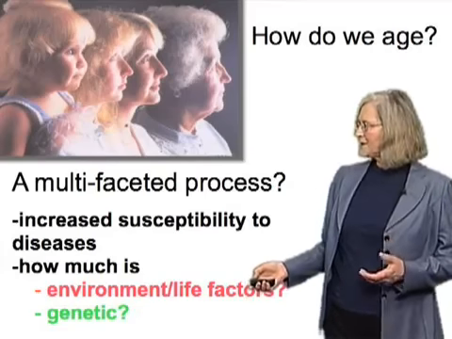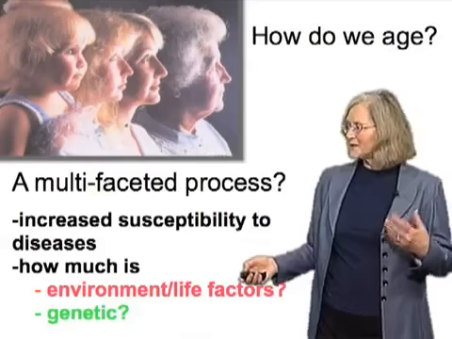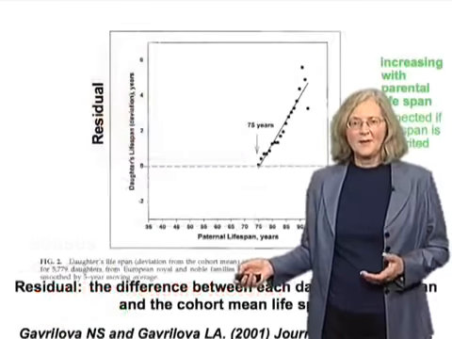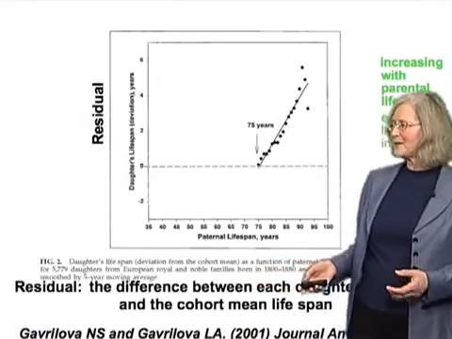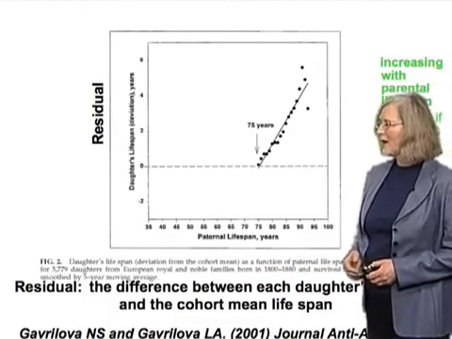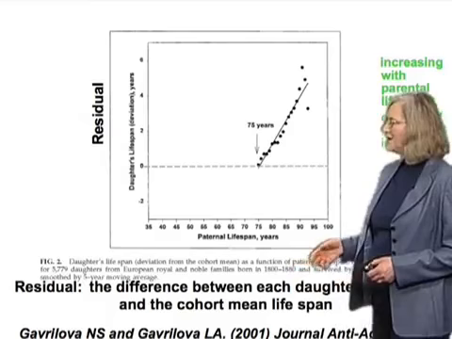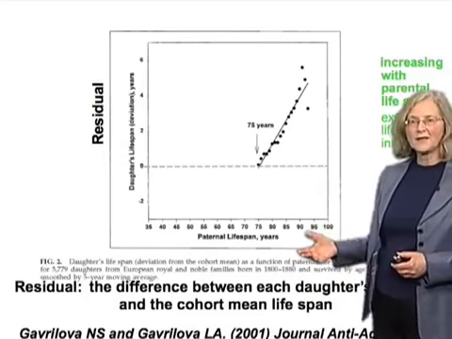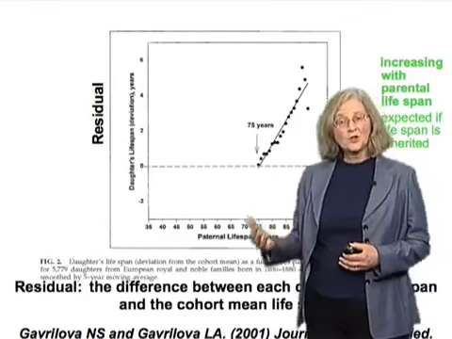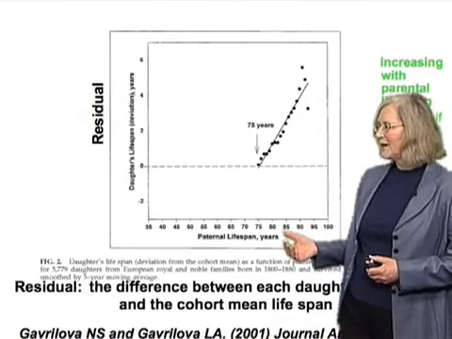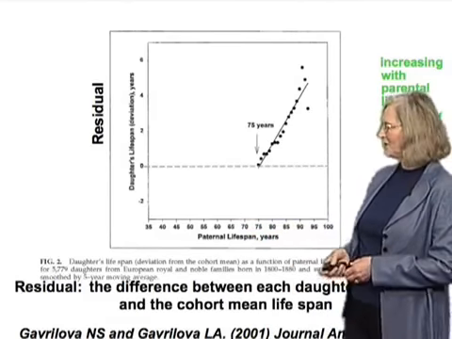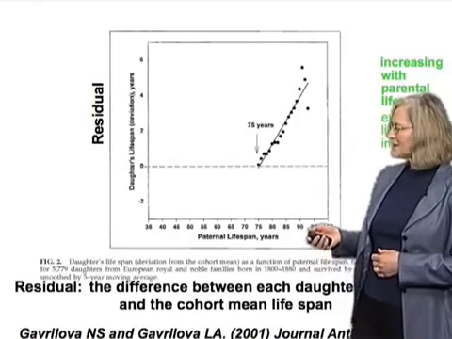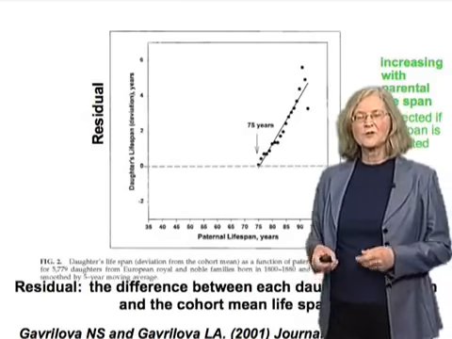So if we think about this susceptibility to diseases and mortality, one can wonder about the genetic and the non-genetic aspects. And I'm going to show you a graph that came from Gavrilova and Gavrilov, just to give you an example of the fact that the genetic and the non-genetic components of aging are not just monotonic across the decades of human adulthood. So this was a study of over 5,000 daughters of well-to-do